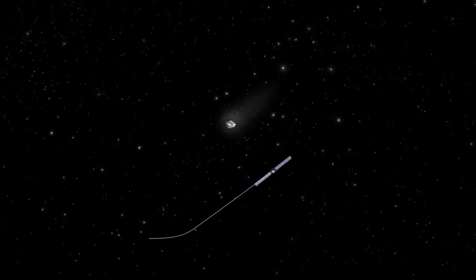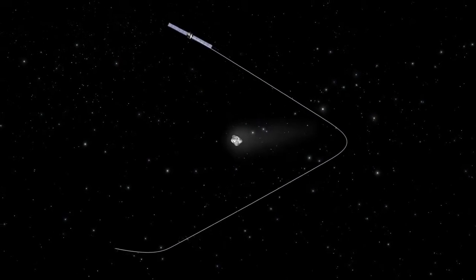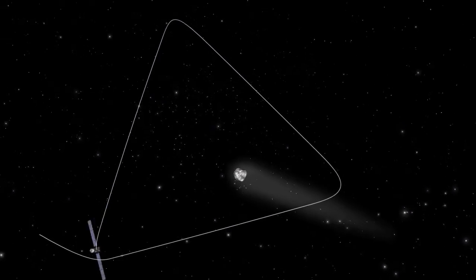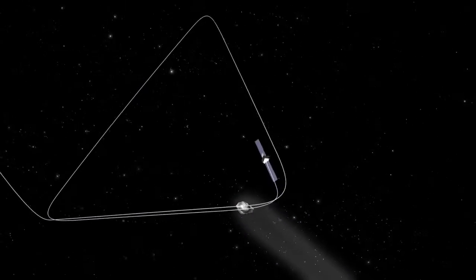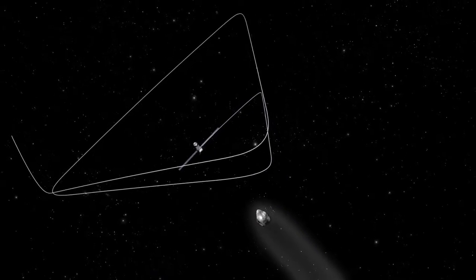Before we go to the actual operations for the landing, I would like to give an overview of the characterization phase of the comet, which resulted in the images that I showed of the actual comet. But very important in this characterization phase is to characterize the gravity field of the comet in order to fly closer to the comet every time, and in order to do this very precise landing that is needed to put the lander at exactly the right place.